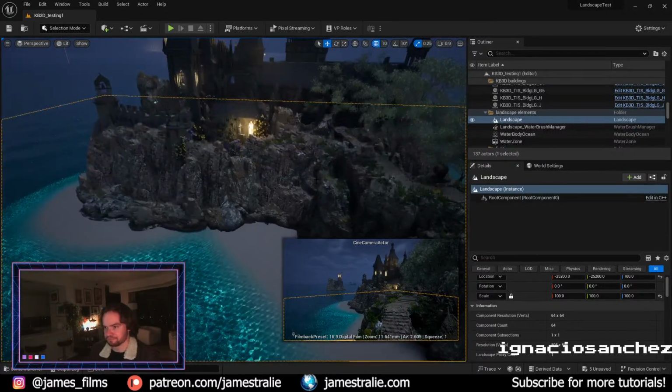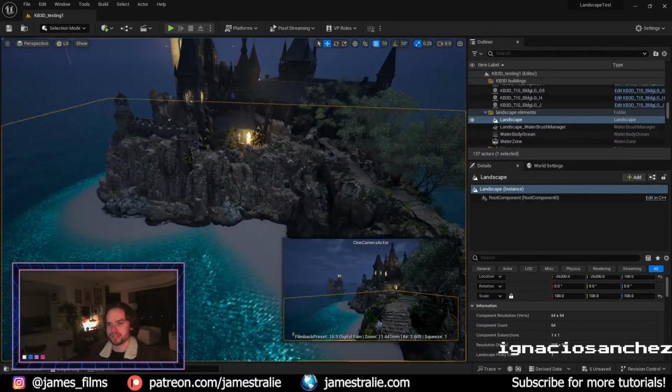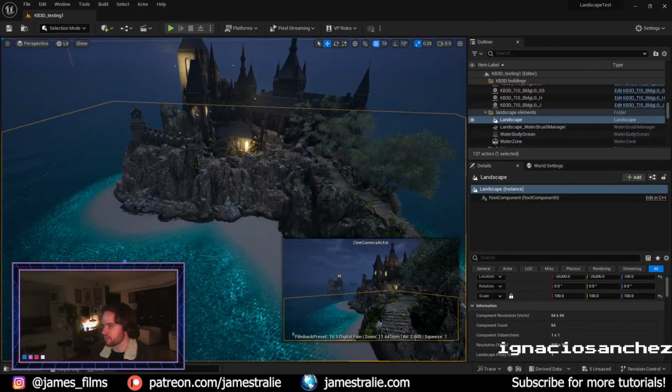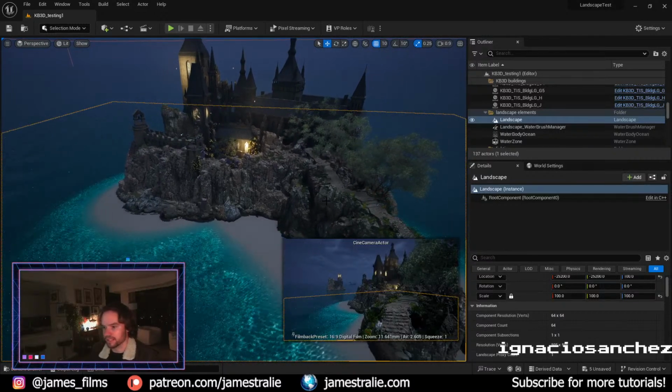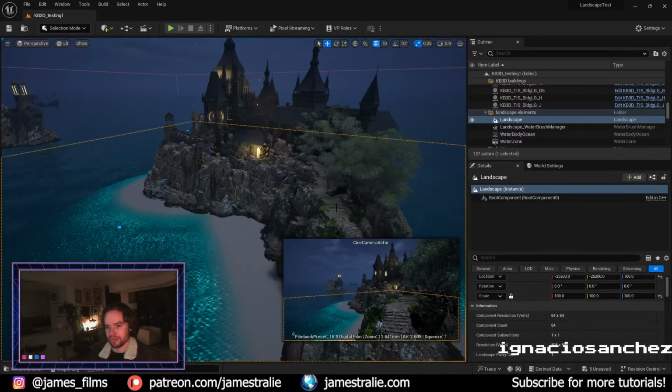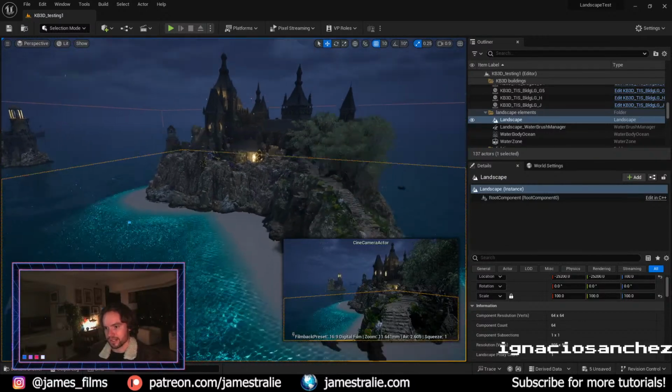But yeah, I just wanted to show the new process, the new workflow. So Unreal Engine is phenomenal so far. I've really been enjoying it a lot. I think it's really going to be something I'm going to be using a lot more in the future to build out these scenes, and just the flexibility